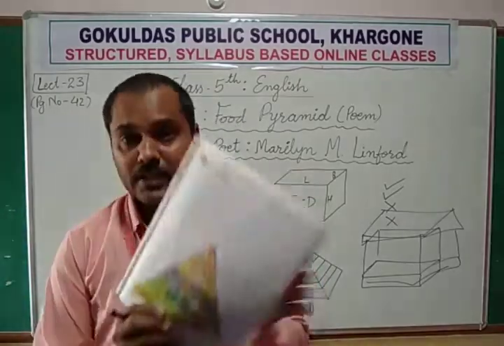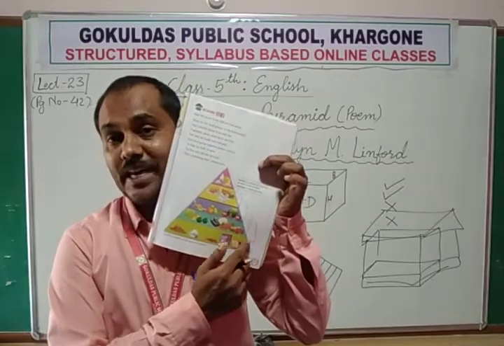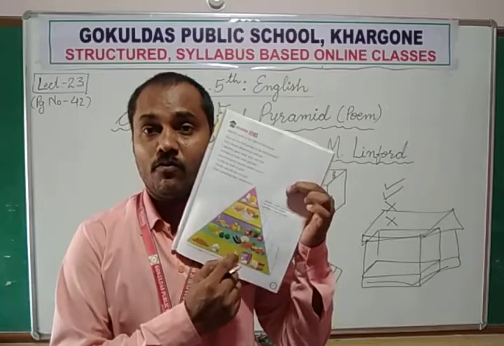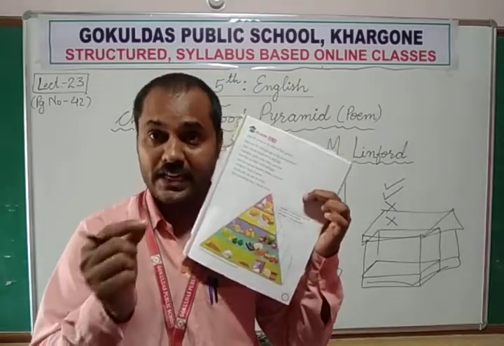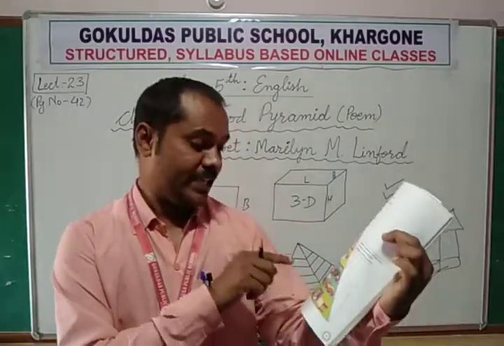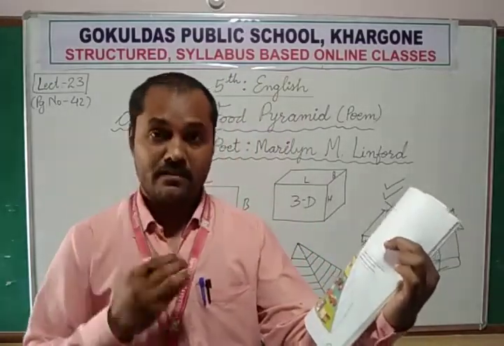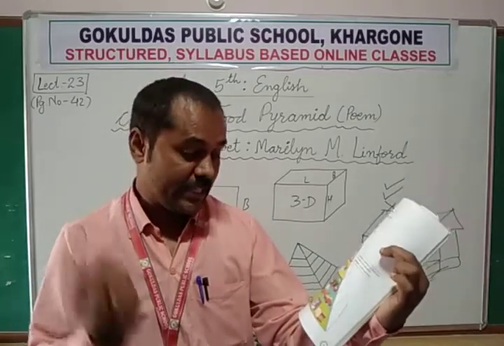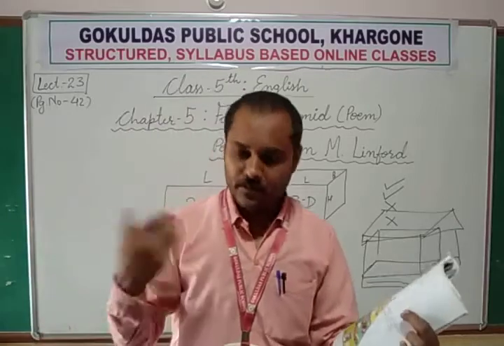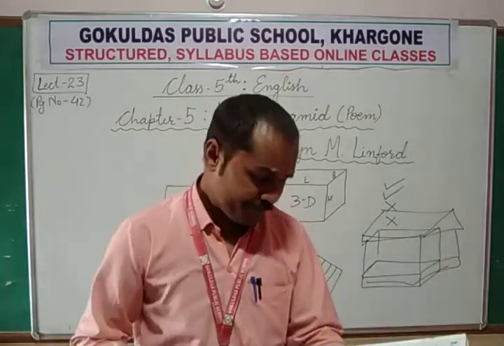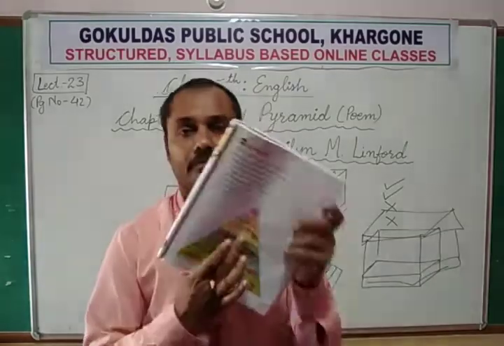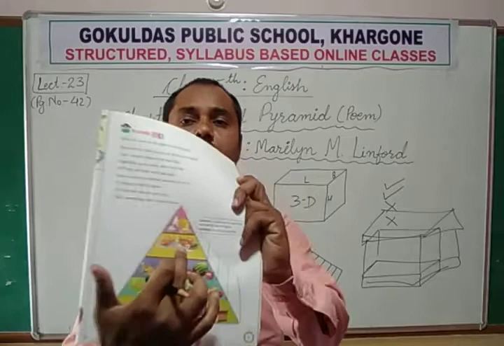So like that, in this pyramid, if you see, on the base, on the foundation of this strong pyramid, what is given here? Grains, anaj, just like wheat, rice, beans, dal, and cereals. Cereals means different kinds of crops which are growing in the farm fields. So these are grains.